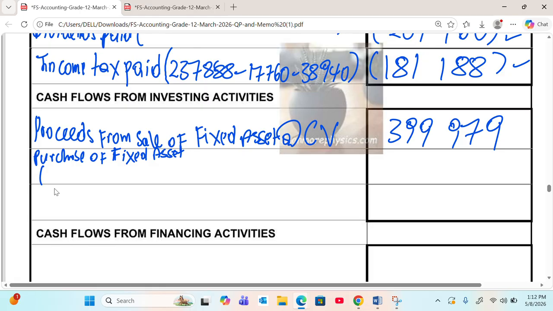Firstly, it is the 1,530,394 plus the 167,000 for depreciation 849